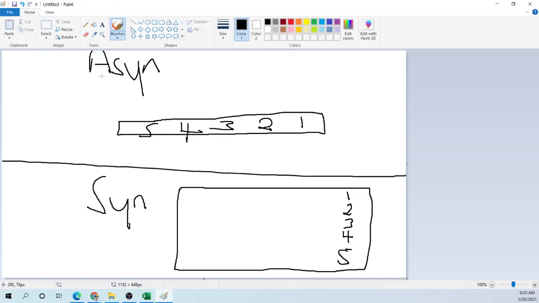So asynchronous, the one with the A, the data is sent one after each other. That is why it is slower, because you have to wait for the data in front to reach first. Whereas synchronous, you get more speed because you can send more data at once. It's not only limited to 5, it can be more. It all depends on the technology that is being used.